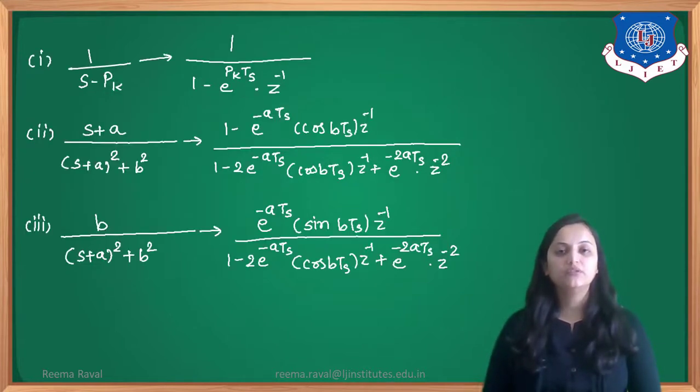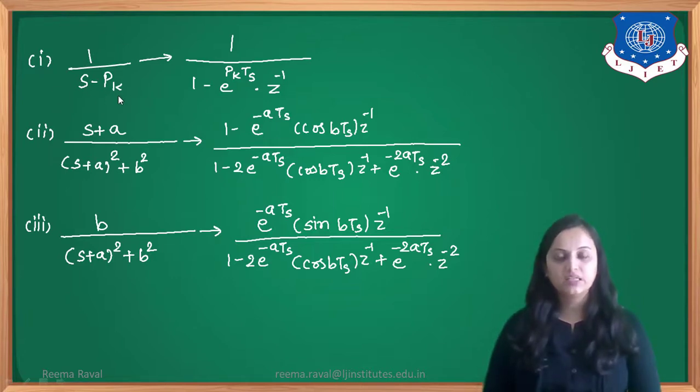So these are the basic three formulas which we can use for designing filters using impulse invariance method according to the criteria or according to the form of equation given to us. If the data is given in the form of 1 upon S minus some constant, that is 1 upon S minus A or 1 upon S minus 2, likewise, we will use the first formula given over here, that is 1 upon S minus Pk. If the data is given in form of this, we will use the second formula, and another variant is the third case.